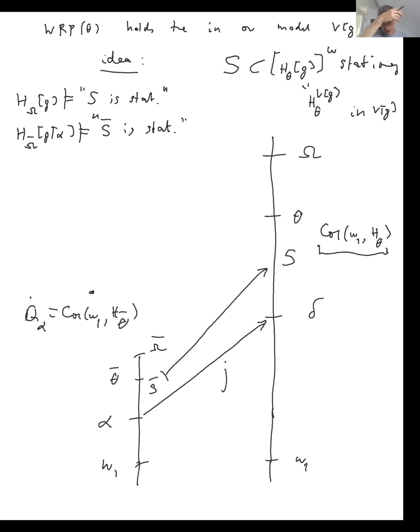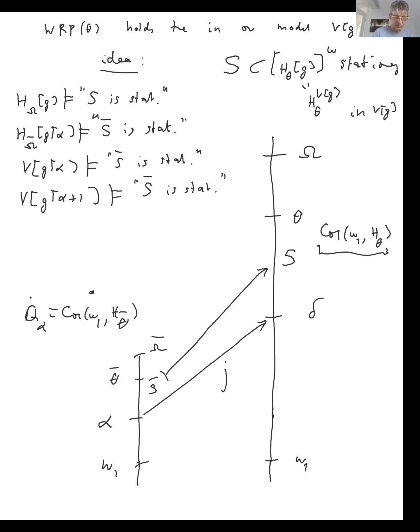Okay, now the forcing which collapses H theta bar to omega 1 is actually proper. Okay, so that means that if you do the next step of the iteration, which is the use of the collapse of H theta bar to omega 1, it does not kill the stationarity of S bar. Okay, so we have that, by the choice of capital omega and then of capital omega bar, V of G restricted to alpha thinks that S bar is stationary. But then by what I just said, the next step of the iteration does not kill the stationarity of S bar. And this means that actually,